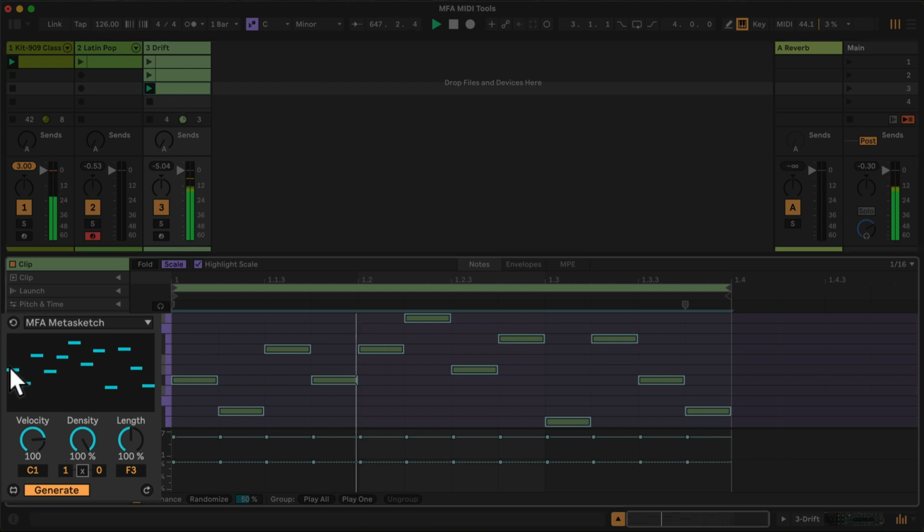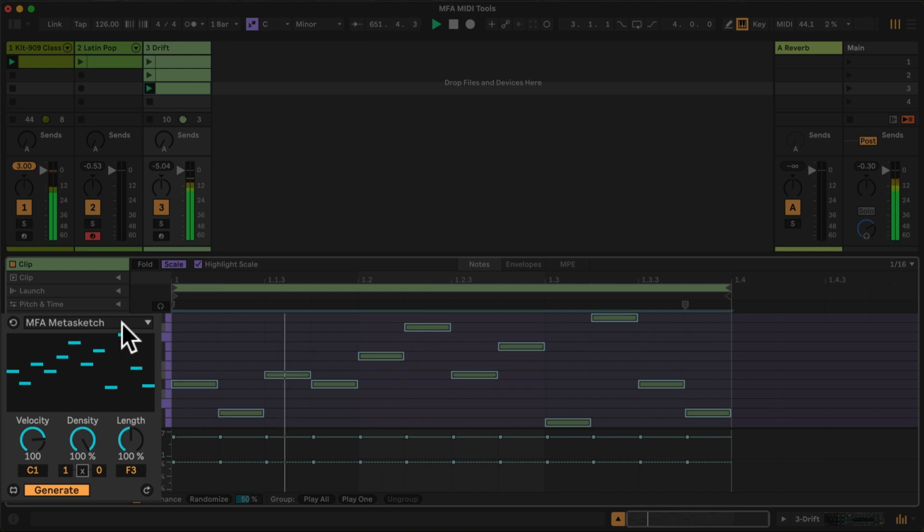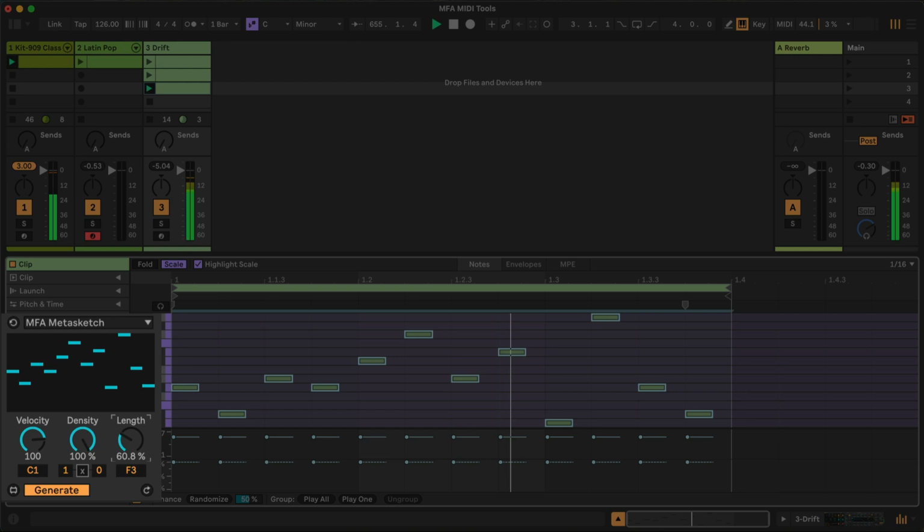Okay, so these are a bit silly, but okay. Now, of course, I could go back and edit those in the clip. Make them a bit shorter. And if it's too busy, again, there are 2 things I can do. I can reduce the density until I get